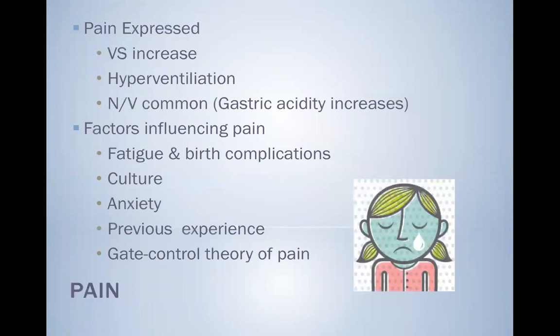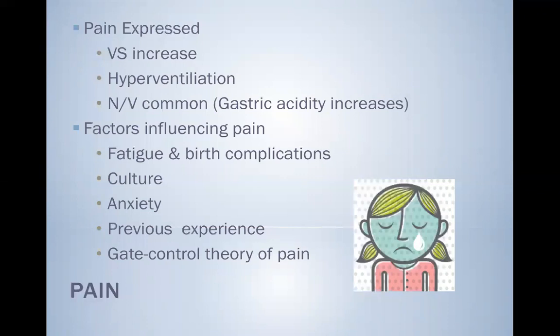So what are we seeing when we're looking at our pain? Our moms are going to be verbalizing that they have pain, and we're going to see some physiological changes as well. We'll see an increase in their vital signs. So if we have a mom come in very active labor whose blood pressure is, let's say, 145 or even 150 over 85,